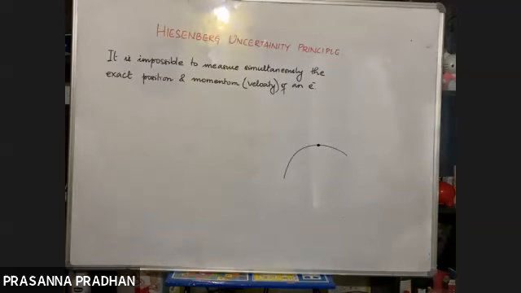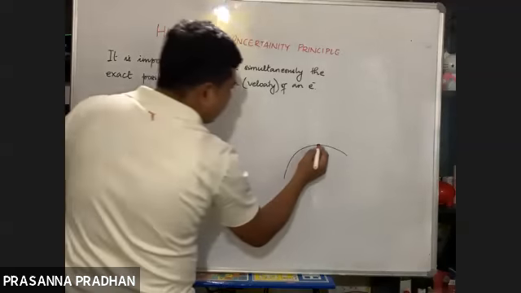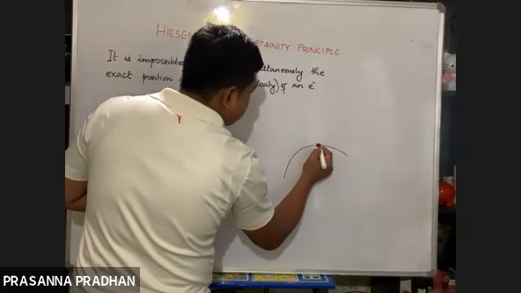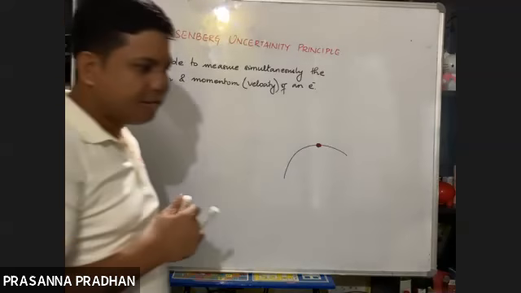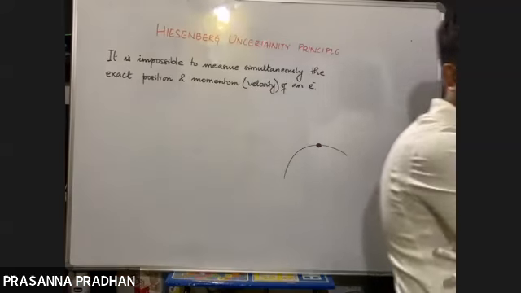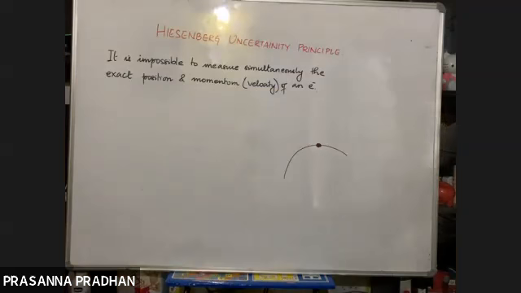Hey, by the way, can you see an electron with an ultra microscope? Is it possible to see an electron? You want to know the position of an electron. To know the position, you must see this electron. Is it possible to see it with the microscope? Yes or no? Obviously, the answer is a big no.